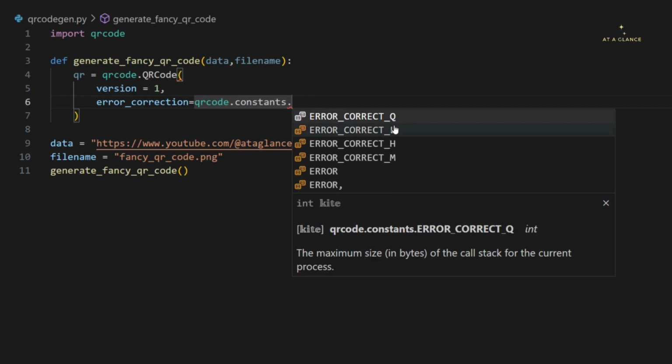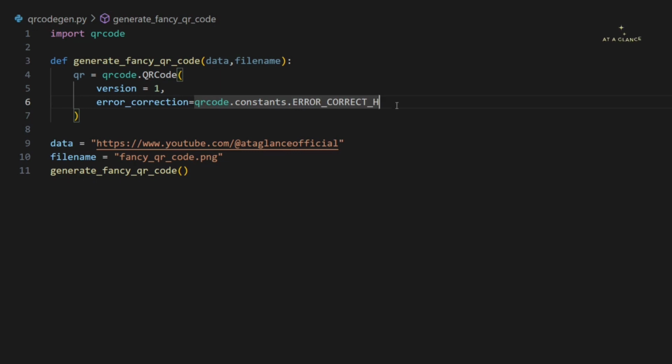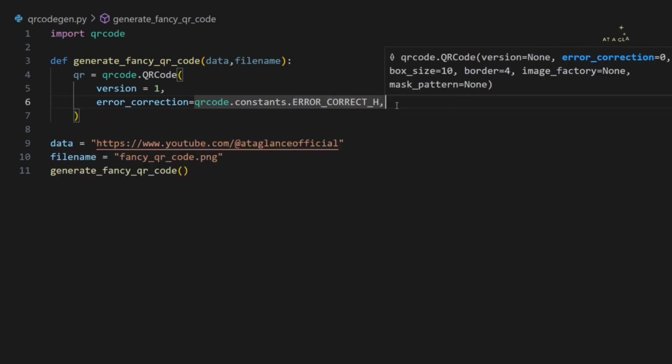You can choose the error correction to be low, high or medium. So here we want the error to be minimum, that means the error correction will be high. So we'll choose this particular option, ERROR_CORRECT_H,